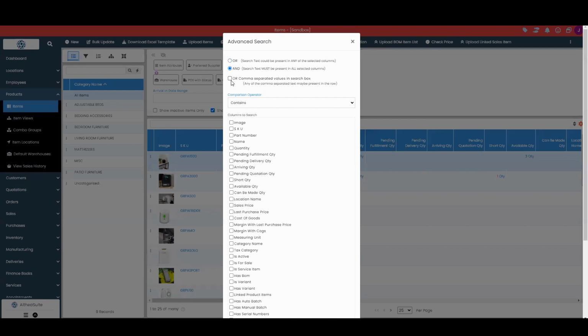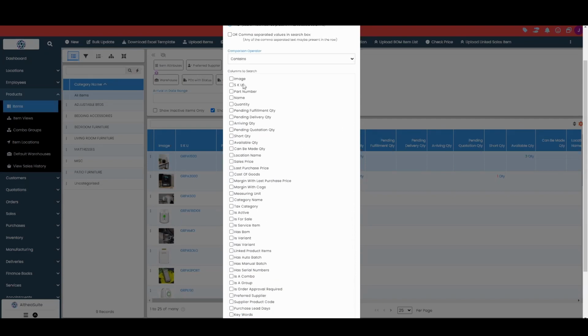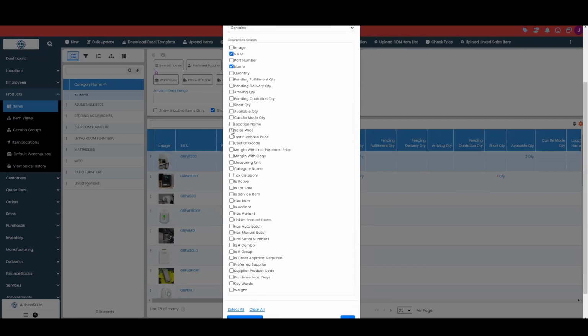Now we can also change our comparison operator here by selecting contains, does not contain, starts with, does not start with, ends with, does not end with, and change how it's actually searching for this input value. Next, we can select the actual columns we would like to search. So as I mentioned, with our simple search, it is going to search all of those available columns, but we can also say, I only want to search by SKU, I only want to search by item name, item part number, etc. So here I could select the multiple columns I want my input value to be searched for in,